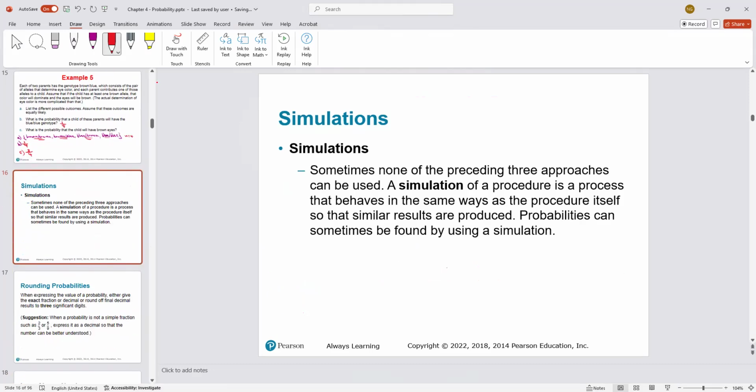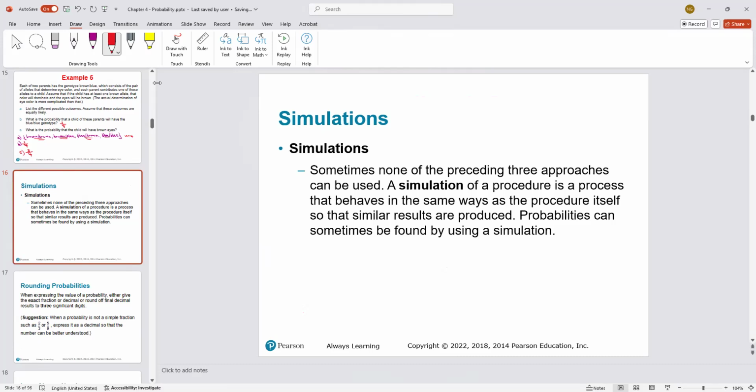Of course, you're going to use it to do more, but we need to talk about simulations in this section. We're going to try to go faster. Simulations: sometimes none of the preceding three approaches can be used. Remember, we talked about the three approaches: relative frequency approximation of probabilities, the classical approach to probability, or subjective probabilities. We may not be able to use any of these. So a simulation of a procedure